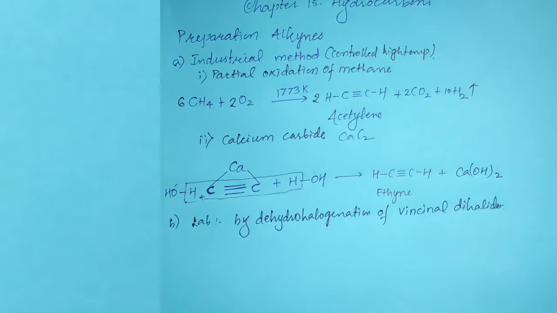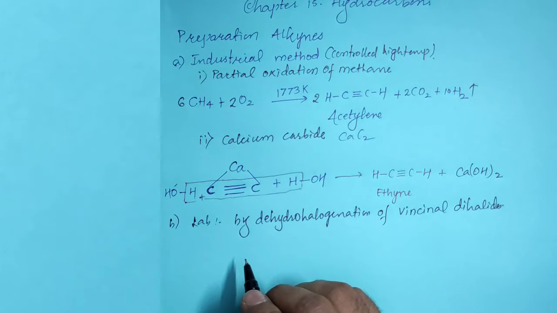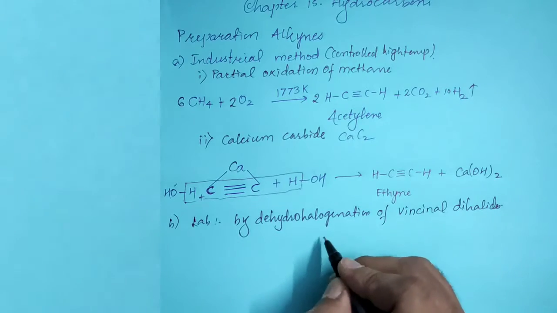and it is also prepared from the terminal alkyne. From the terminal alkyne we can obtain the higher alkynes, meaning more carbons in the product. Higher alkynes are obtained by reacting the metal acetylide. Let's see the reaction, very important. Here we will see two cases: from the terminal alkyne and from the vicinal dihalide.